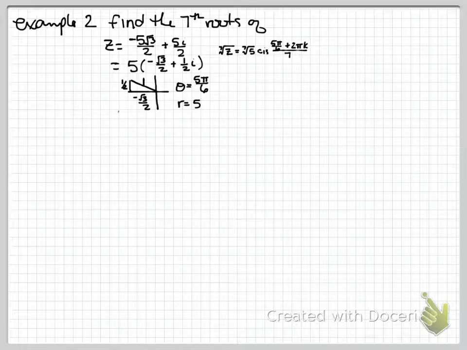Now remember, this is going to be non-calculator, so we are going to have to do some arithmetic. So let's do our first one. When k is equal to 0,